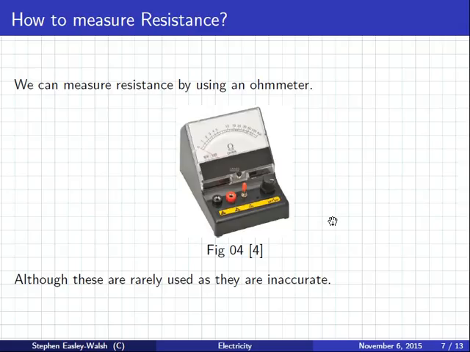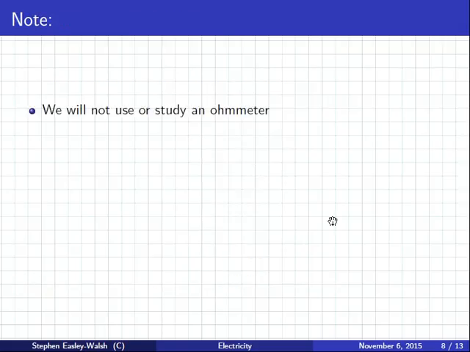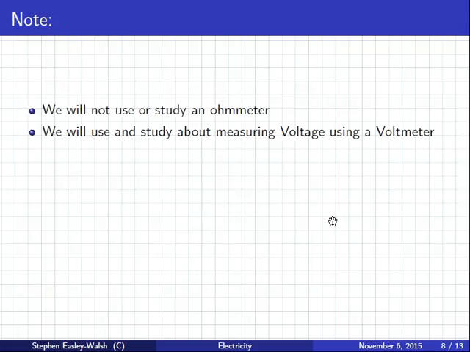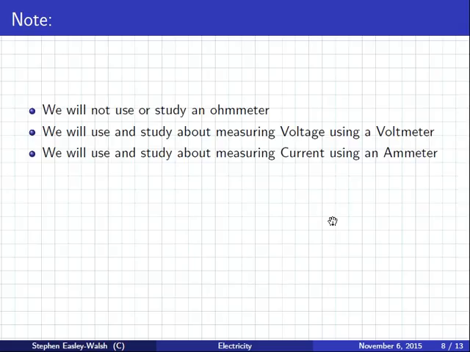And there's an ohm meter. Now, in fact, we do not use ohm meters on this course because they're extremely inaccurate. Voltmeters are good, ammeters are good, but ohm meters are extremely inaccurate. So we never use them in this course. Maybe more modern digital ones are better, but really it's difficult to measure the resistance using an ohm meter accurately. So we'll not study an ohm meter, but we will measure voltage using a voltmeter and measure current using an